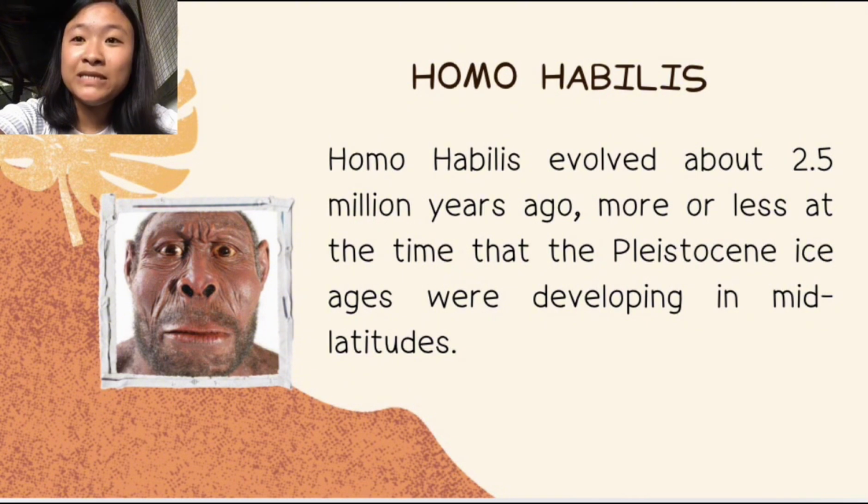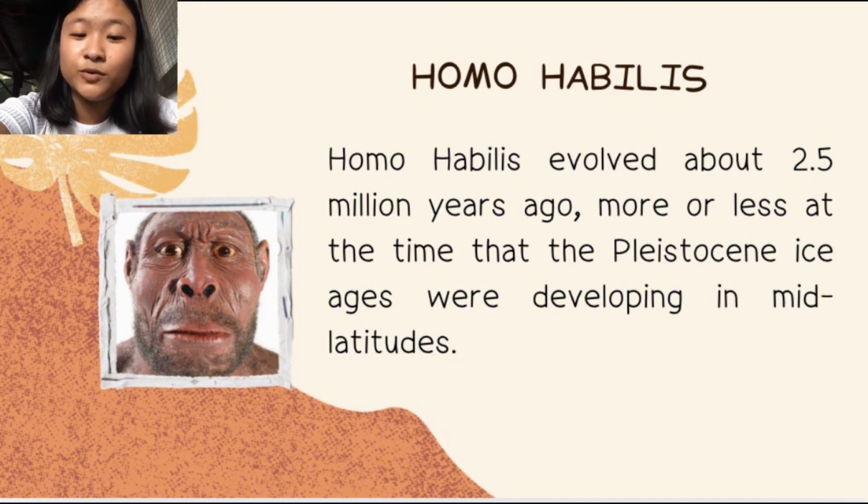I know that you already have an idea on what are the next species that have evolved after the Homo habilis, since this is just a brief review on what we have discussed during our high school years. So, the next species that have evolved are the Homo ergaster and the Homo erectus, which arose 2 million years ago, first expanding in Asia and afterwards in Europe. And the last is the Homo sapiens, which appeared about 160 thousand years ago in Africa and spread to other parts of the world.